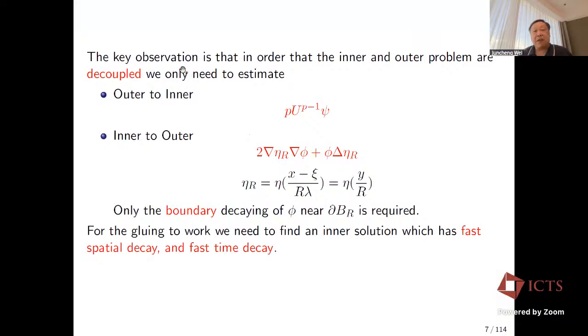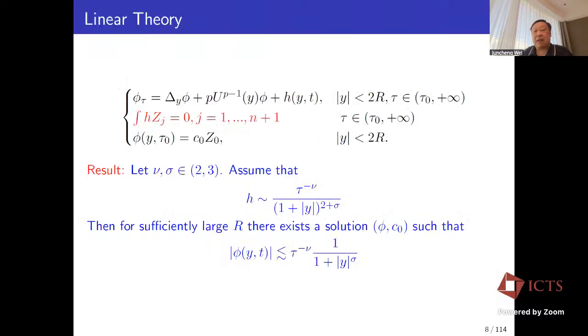So the key observation, as I mentioned yesterday, is that in order for the inner and outer to decouple, we need to estimate the outer to inner and the inner to outer. The inner to outer only occurs near the boundary. So for the GUI to work, we need to find an inner solution which has a fast spatial decay and a fast time decay. And the basic idea is to develop a sort of Fredholm alternative, a sort of existence theory